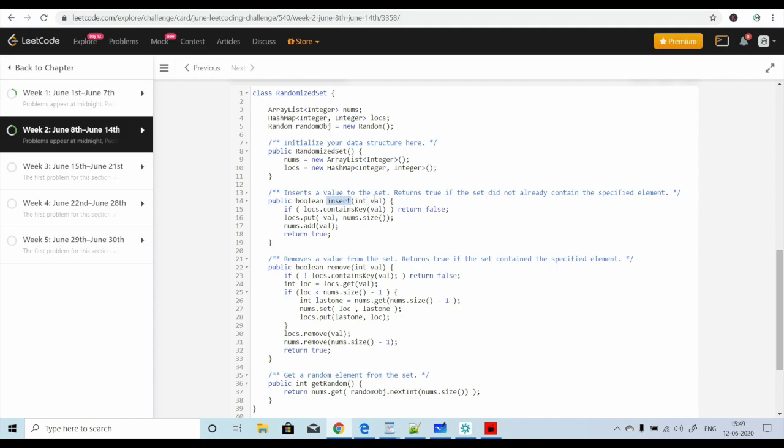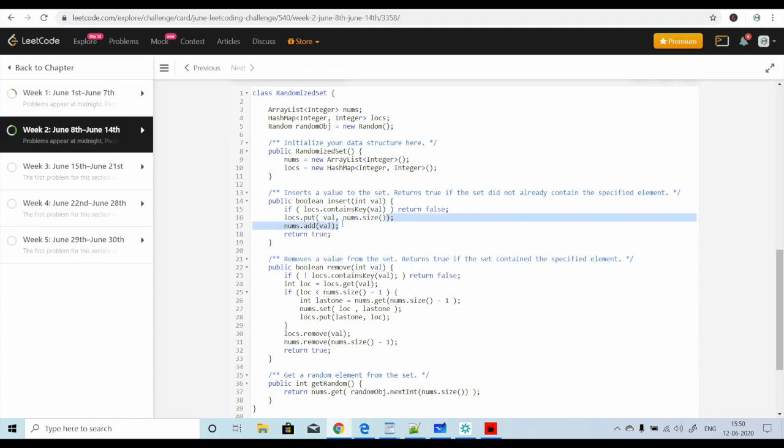So what insert says is, if the number is already present, return false, else add that number and return true. So first we will do a lookup in the hash map of that value to see whether it contains it or not. If it contains it, return false, we do not need to add it again, and we return from here itself. If it is not present, then in the locations map we first add that value, and we add the position also.